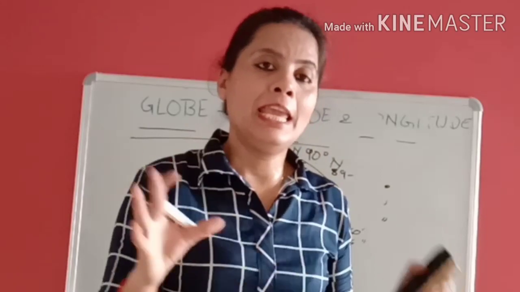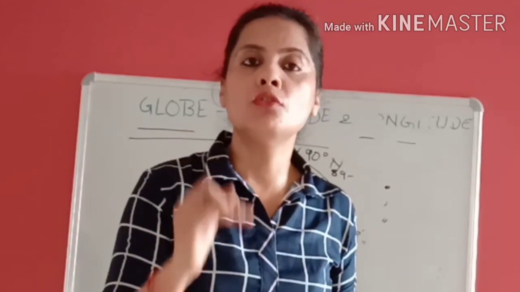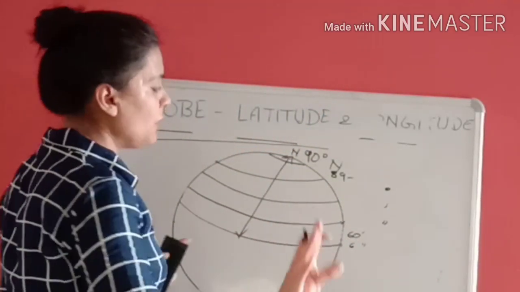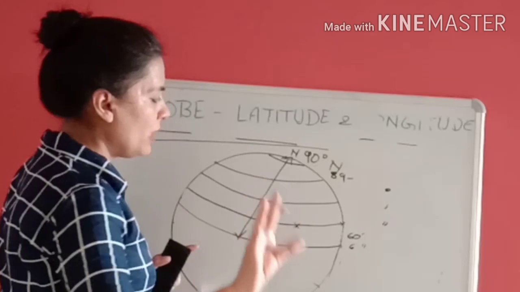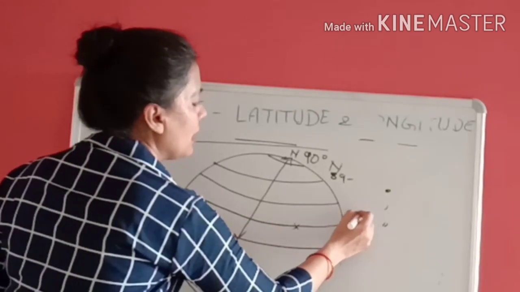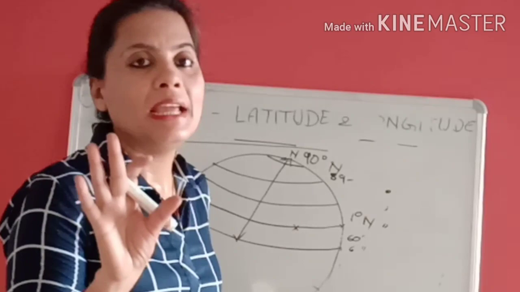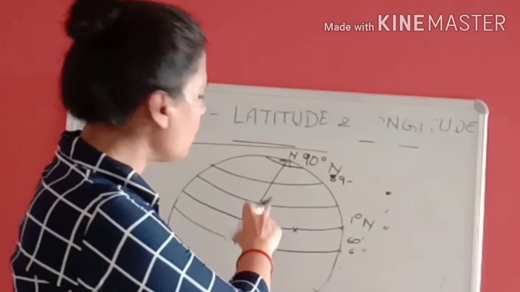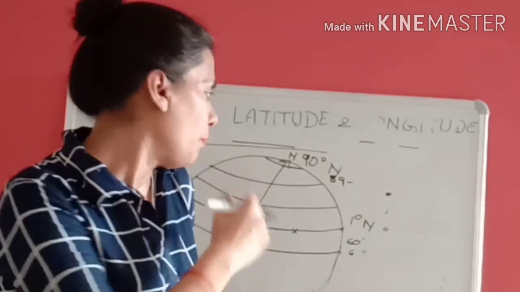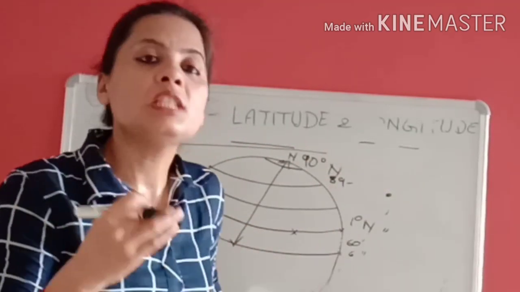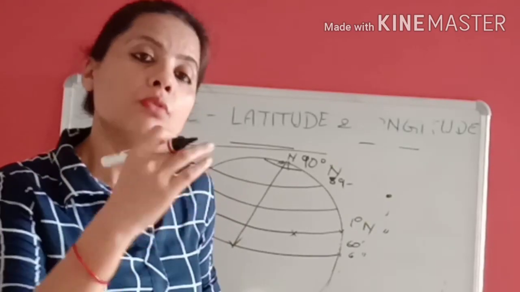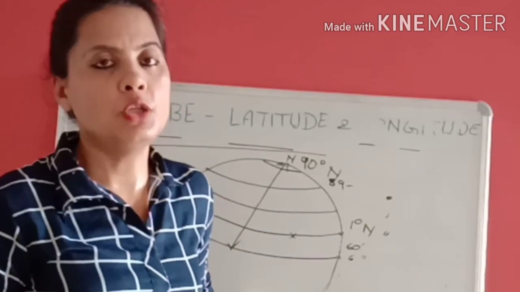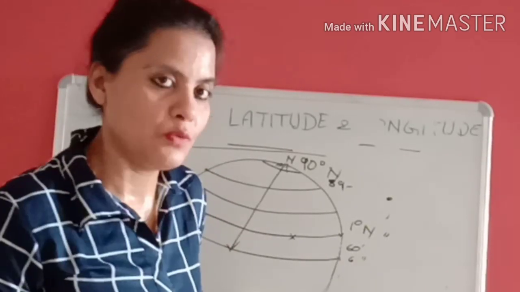For locating any place on the earth's surface, we should know the accurate latitude of that area. For example, if any place is located here, we can say it is located on 1 degree north latitude. But latitude alone cannot locate any place. We need some other set of imaginary lines. Latitudes are the horizontal lines, drawn parallel to the equator. This is the reason why they are known as parallels of latitude. But we need some more imaginary lines, vertical lines. These lines are known as longitude. We will discuss longitude in my next video.